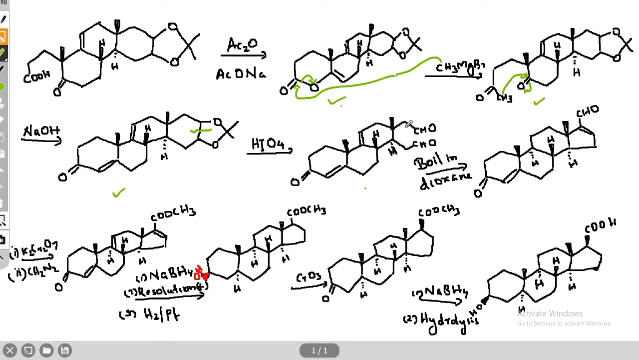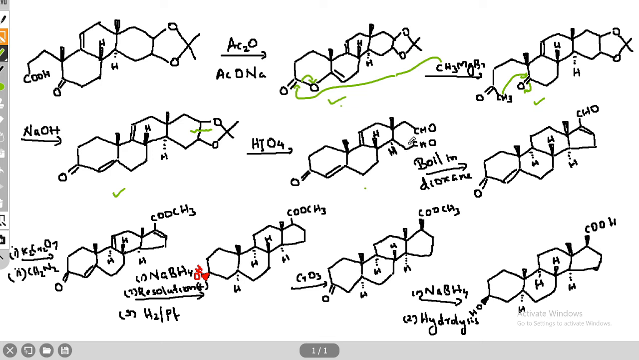One is, one proton is removed from here, and an anion is formed here, and that anion will attack this carbonyl carbon, and we will get a product like this after elimination of water. Okay, another product is